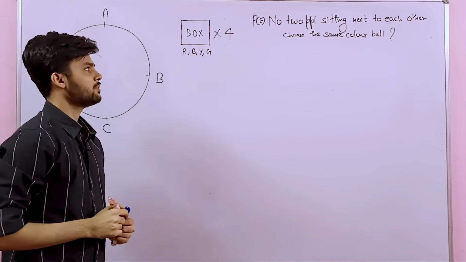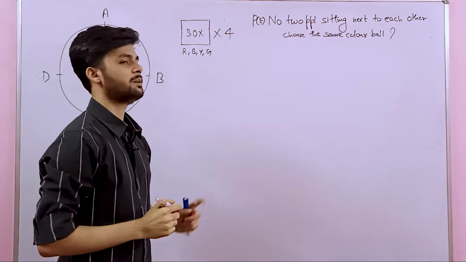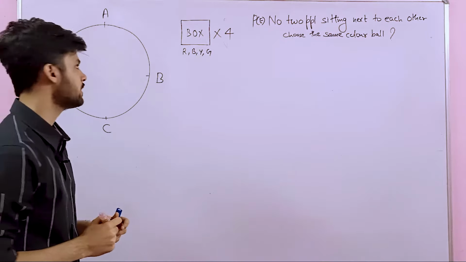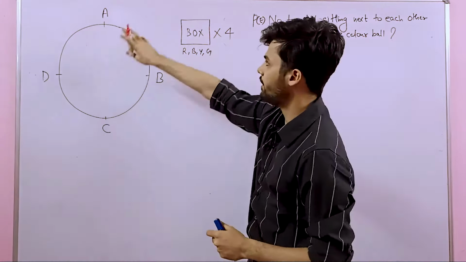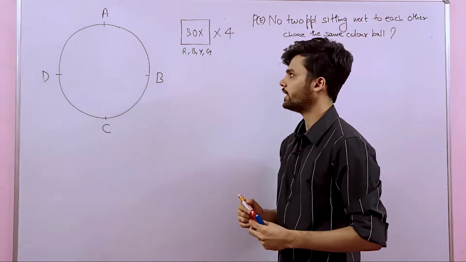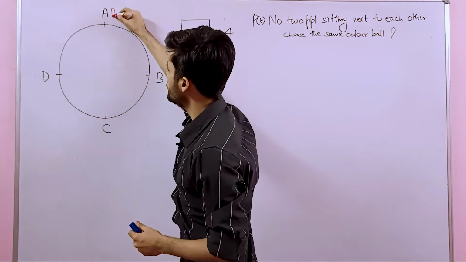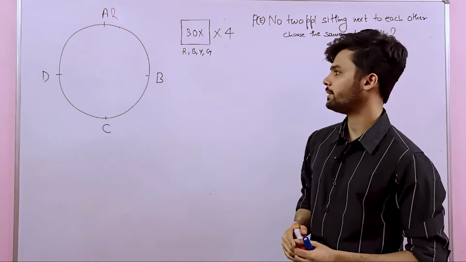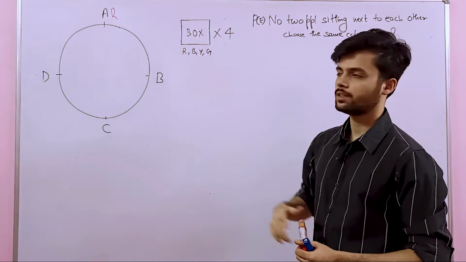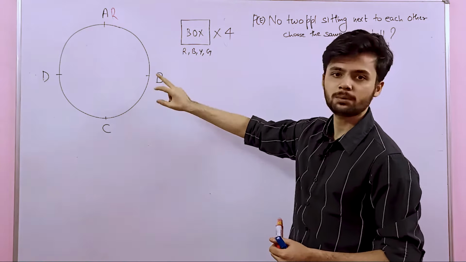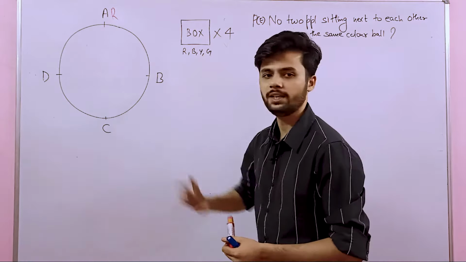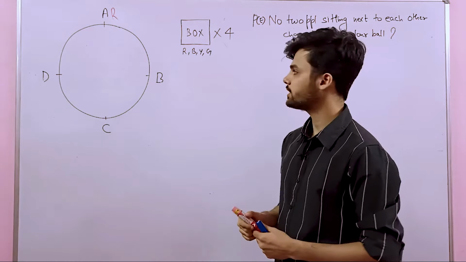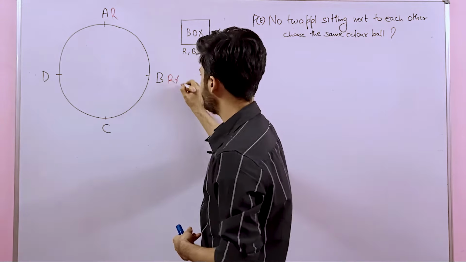Before talking about the solution of the problem, first we need to understand this statement. It means no two people sitting next to each other choose the same colored ball. What does this mean? If you look at the board, we have A, B, C, D sitting around a round table, right? So let's just say A chooses a red ball from the box. Can you tell me who are the neighbors of A? The neighbors of A, meaning the persons sitting next to A, are simply B and D. So if A chooses a red ball, can B and D choose a red ball? The answer is no. B and D cannot